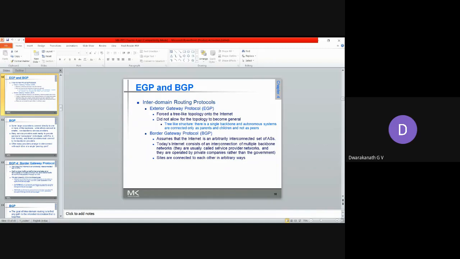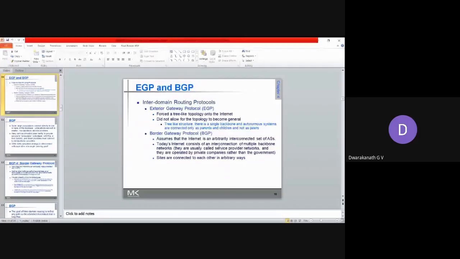A tree structure is good for intra networks. That means an entire company will have its own network, with the main branch in New York and different worldwide branches. You have to connect the branches hierarchically: a parent branch, then the next branch, then a service point branch, and so on. You can make a hierarchical tree. That is your EGP. Now I think you got the difference between EGP and BGP, right?